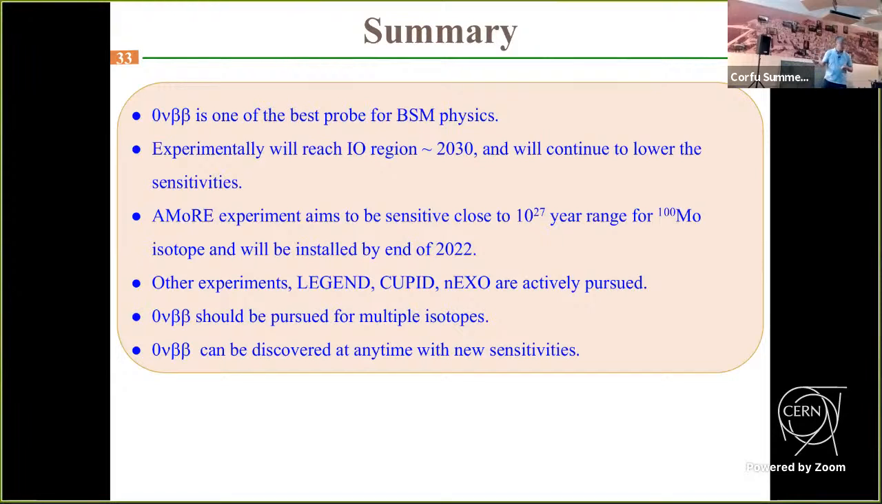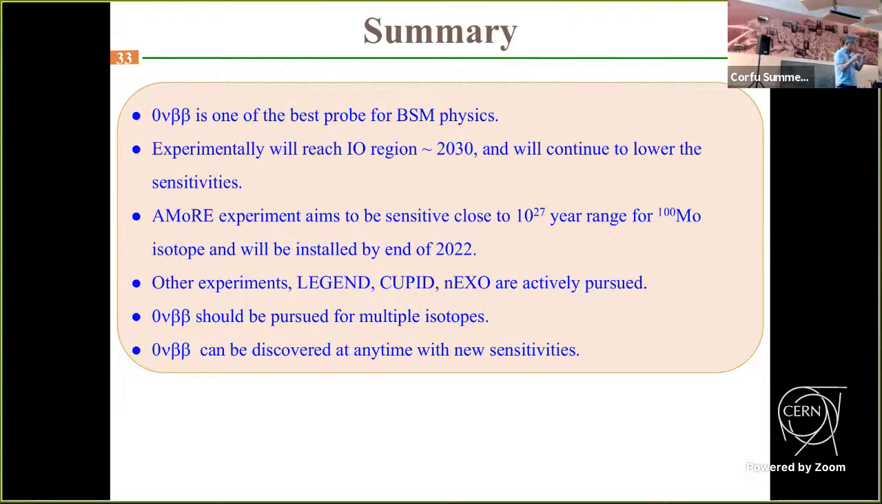The anomaly aims to be close to 10^27 years, about 20 milli-electron volts. It will be installed starting in 2022, and within several years we will try to get to some experiments. Other experiments are actively pursued, and they should be pursued for multiple isotopes, because there is a lot of uncertainty in the nuclear matrix elements. Also, after discovery, you need multiple isotopes to separate the mechanisms and to understand them better. It can be discovered at any time, I think, with the new sensitivity below the current constraint,